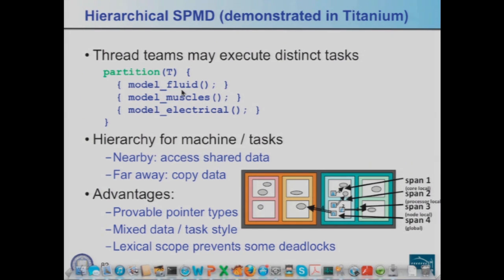This was actually a Titanium extension, into the code that's doing the fluid, the code that's doing the muscles, and the code that's doing the electrical part of, say, a heart simulation. So this hierarchy is useful in some applications that really have multiphysics in them, and you want to couple together these different multiphysics models. It is also useful for hierarchical machines, because what we find is even if you want